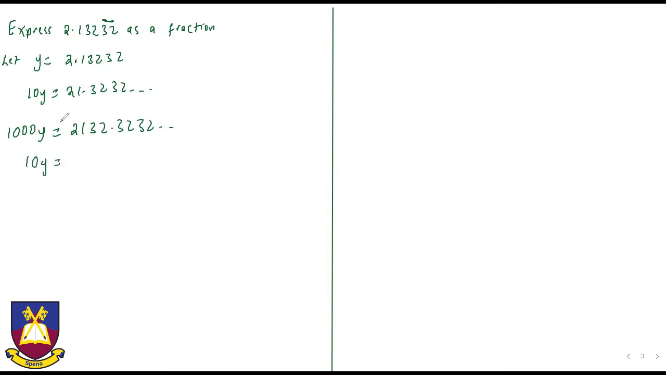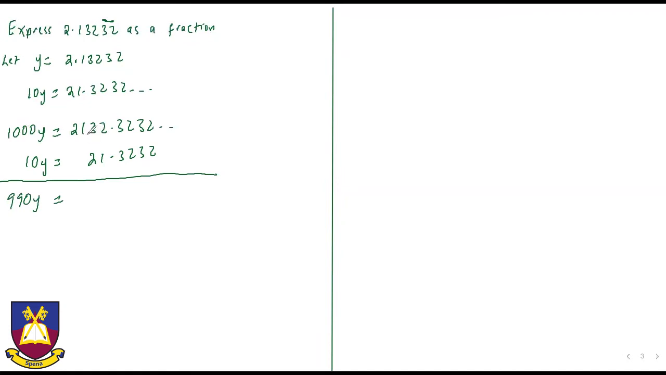This time we shall not use y, because when you use y, the resulting number will also be a decimal. So this is 21.3232 and so on. And we are going to subtract. When we subtract 1000y minus 10y, we get 990y is equal to